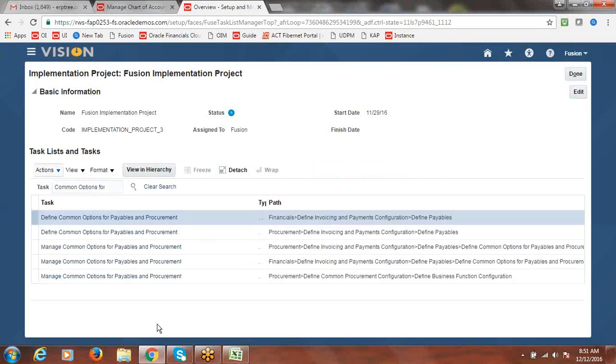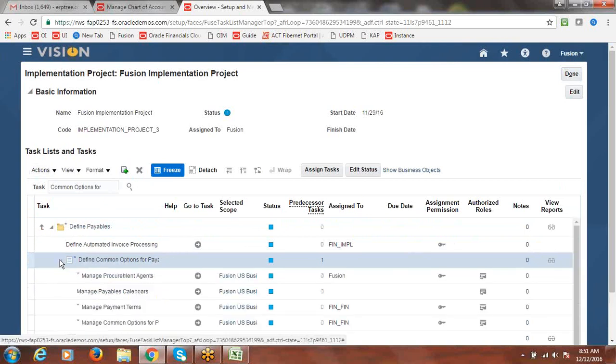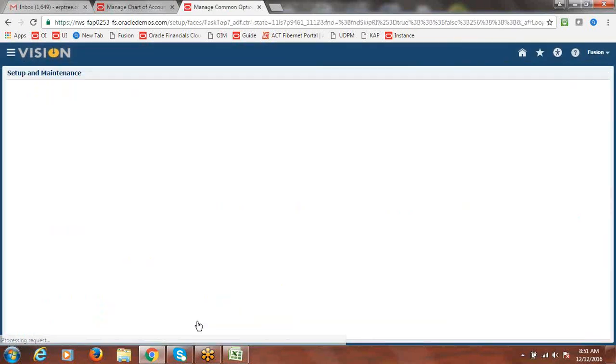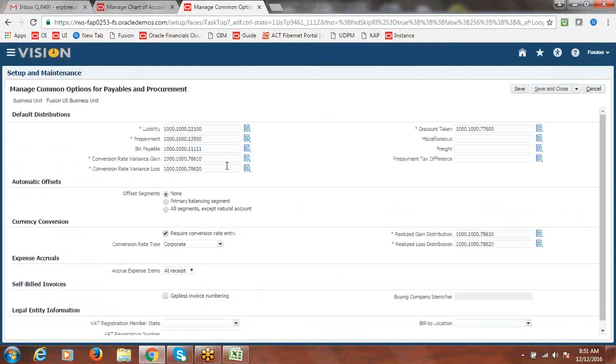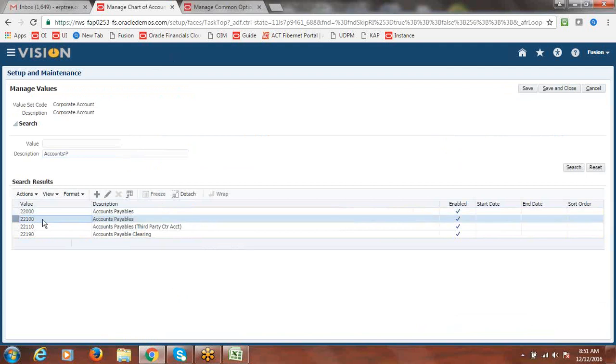Okay, common options for payables and procurement. Just open this. Sorry, not define, it's manage. Manage common options for payables and procurement. It's one of the setups which I already did. Here we'll see which account we gave. So for that account only we have to set this. 22100. Fine. This is the one.